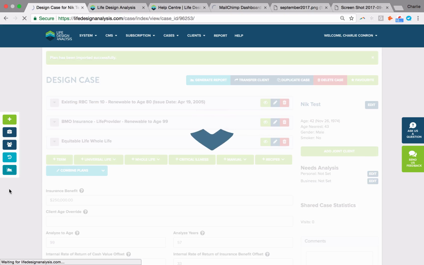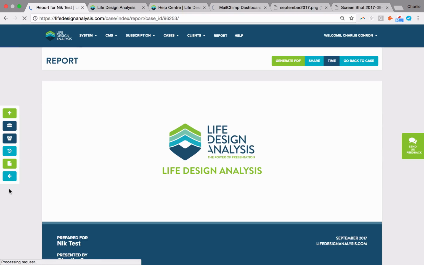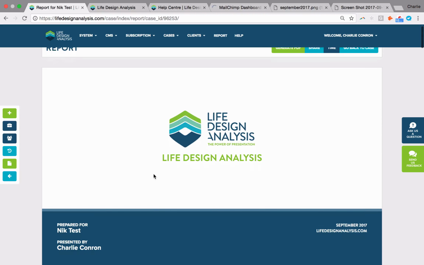So let's take a look at a typical term conversion. Now again, I don't know necessarily about your clients, but if you have a particular age bracket that is very popular amongst your clients, I think usually the stat people say is that advisors generally sell plus or minus 10 years of their own age. So you might actually pick your own age and do a sample term conversion report on yourself for our next concept, which is going to be that emailer campaign that we're going to use this shared case in.